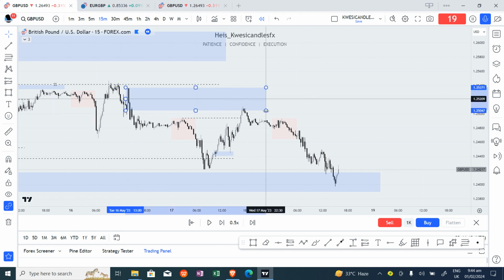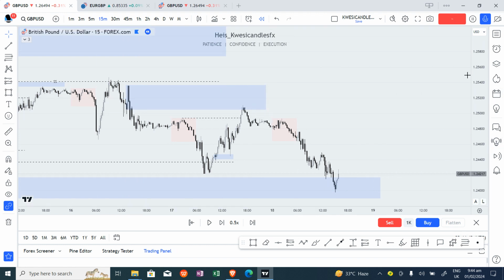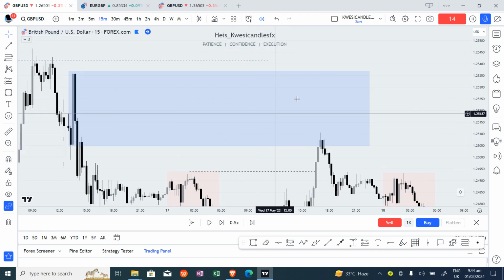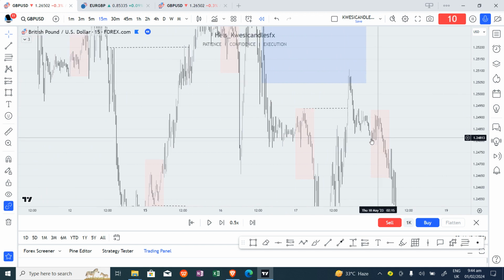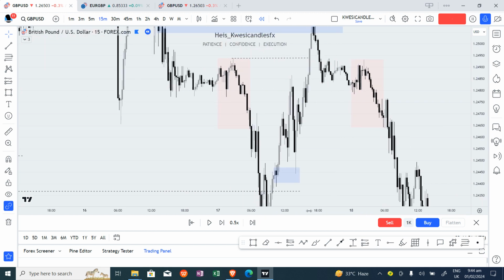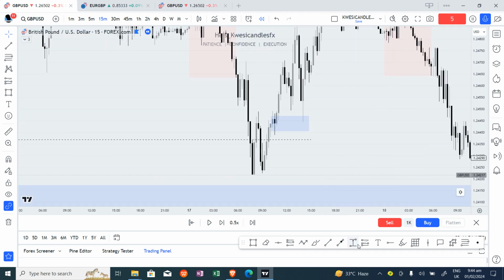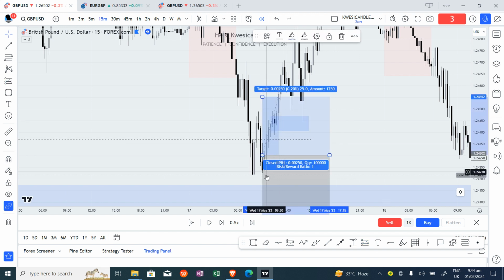You can clearly see this. But this is a very wide range for me, so it will be hard for me to take a straight entry from there. But since we were able to catch two entries from these areas, which is this one